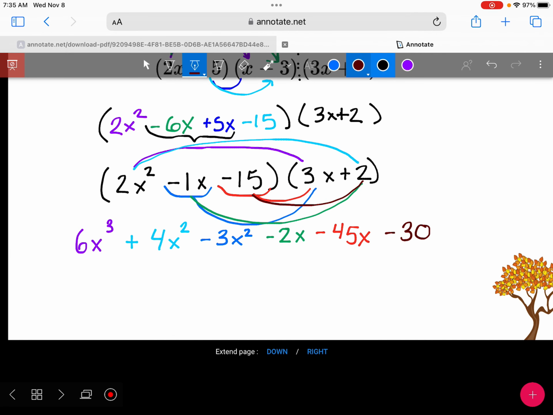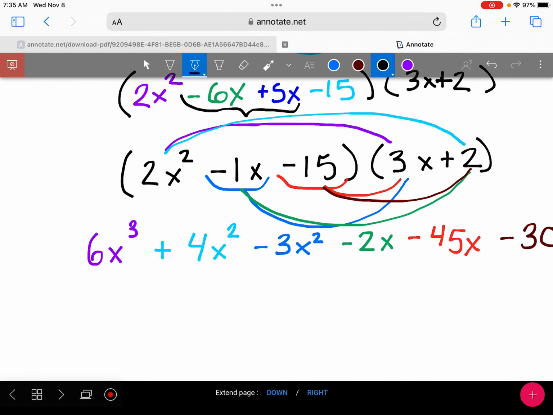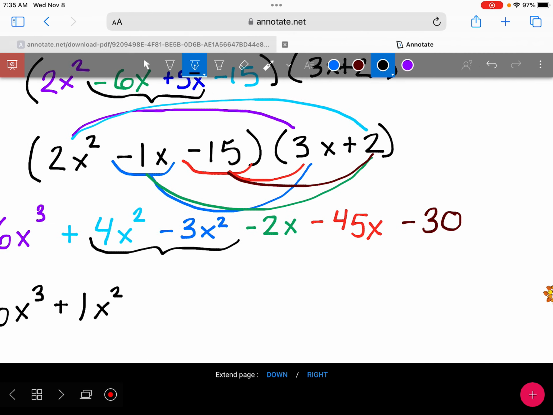Because then we're almost done. We just need to combine some like terms. My 6x cubed doesn't have any buddies with it. But I've got a 4x squared and a minus 3x squared, which gives us 1x squared. I've got minus 2x and minus 45x, giving us minus 47x